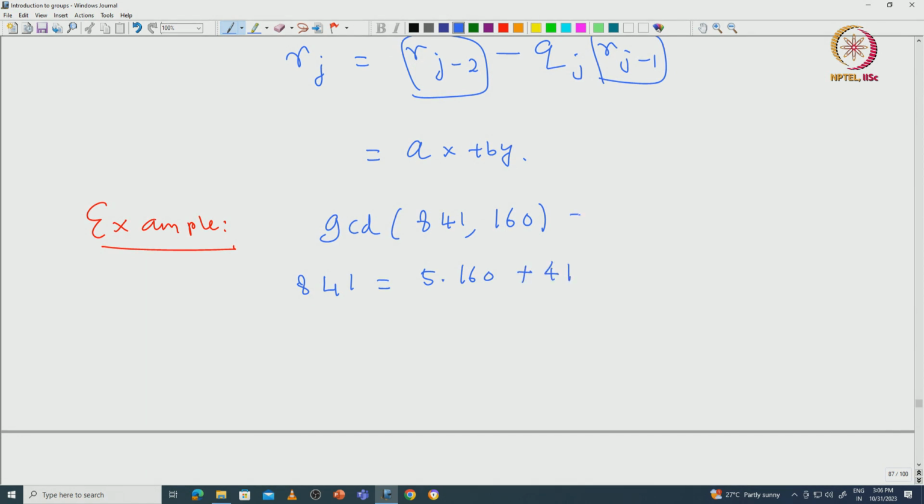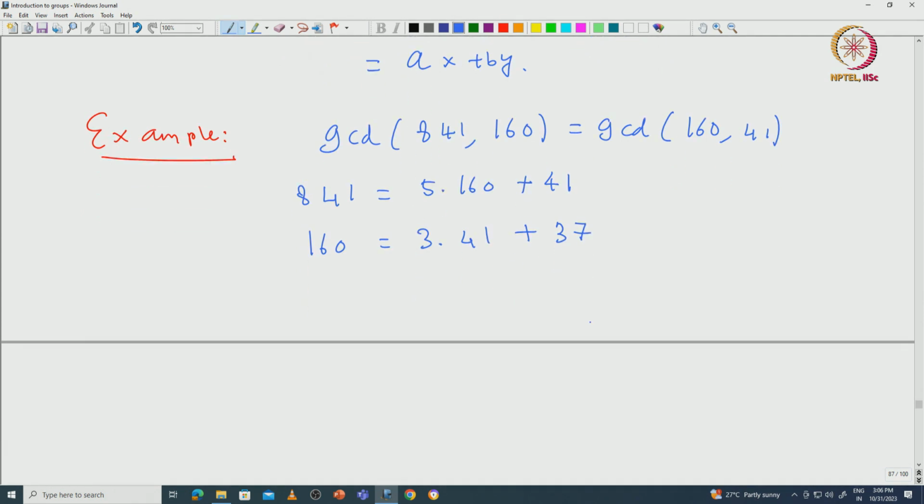So now you can see that the GCD of 841, 160 went down to GCD of 160, 41. Again, if you use the division algorithm for 160 and 41, you can write this as 3 times 41 plus 37. So now the GCD again went down to